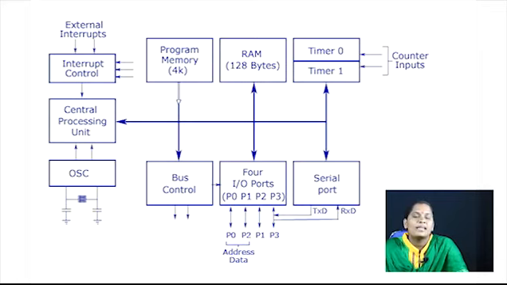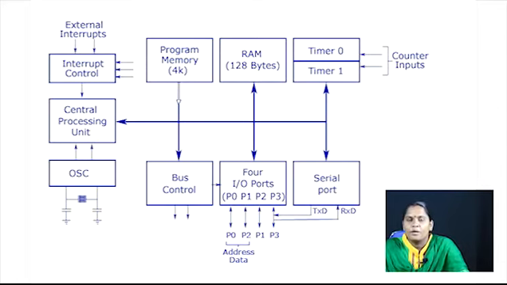Next is EPROM, that is erasable programmable ROM. Once the programmer programs certain data or a program in that memory, he can erase it through ultraviolet rays. So, with some technique, we can remove the data stored in that memory. That is not applicable for normal users or programmers. It is done only by the manufacturer.